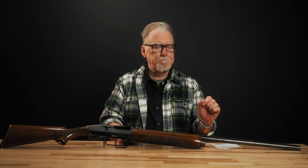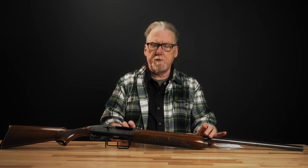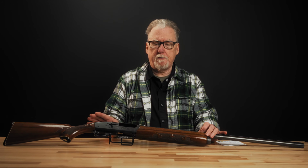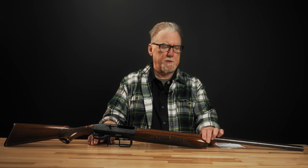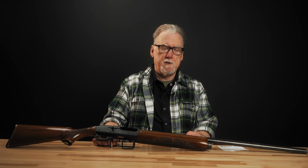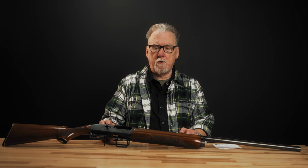But those had pistons inside the magazine tube. They had quite a few shortcomings, so they turned to Remington's design team led by Wayne Leake, one of Remington's premier designers of the post-World War II era. We've talked about him before. He's responsible for a lot of great Remington designs, including the 1100, the 870, the 742. A lot of that stuff you can pretty much lay at the feet of Wayne Leake and his team of designers and engineers there at Remington. But in '62, they had it pretty much ready to go, and it was introduced to the public